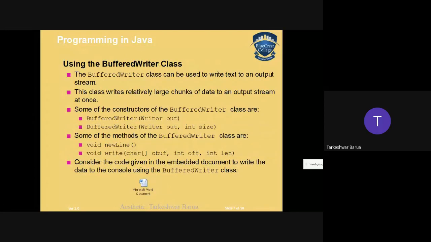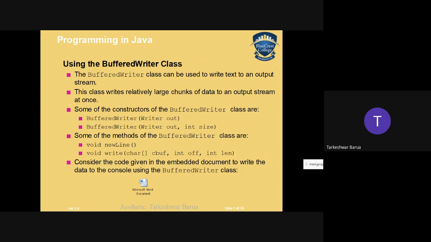Buffered writer class can be used to write text to the output stream. This class writes relatively large chunks of data to an output stream at once. Some of the constructors: you can pass a writer object directly, or along with the size, the specific buffer size you require.